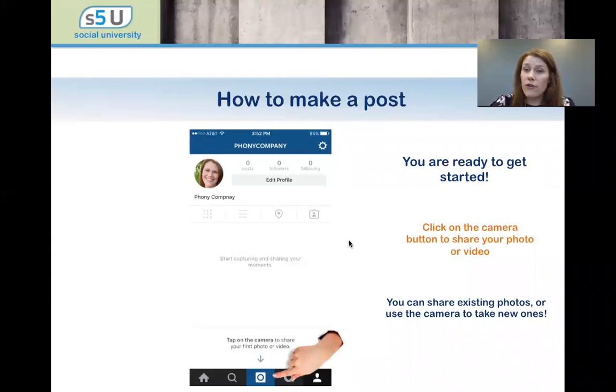And now you can share photos that you've already taken, or you can add new ones by using, you know, the Instagram camera. So it acts as a camera app as well if you want to take a new photo right now. So that's also an option. First, choose whichever one you want to share. I just pulled one up. Again, I was doing this on my phone. Here's one of me from a couple weeks ago with my daughter.